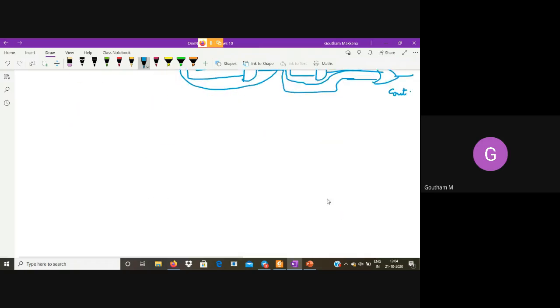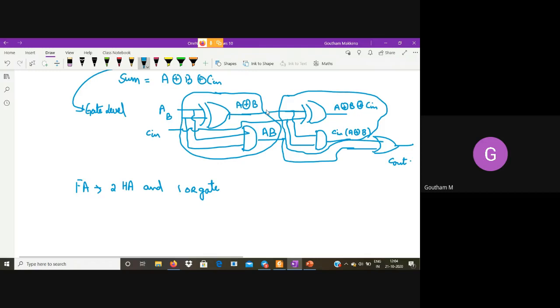So we have expressed a full adder in terms of two half adders and one extra OR gate, isn't it? This is one half adder, this is the second half adder, and one extra OR gate. If you have these, we can implement a full adder.